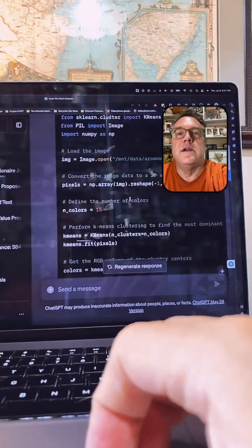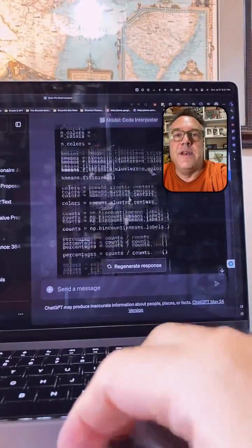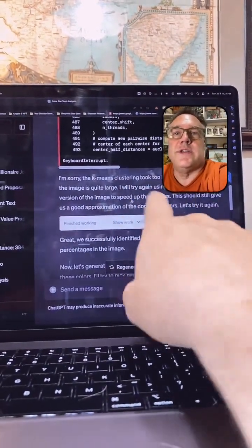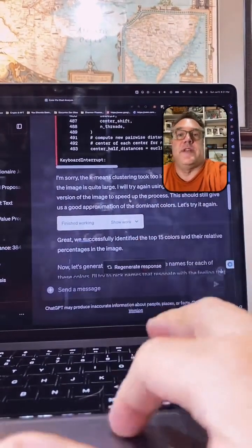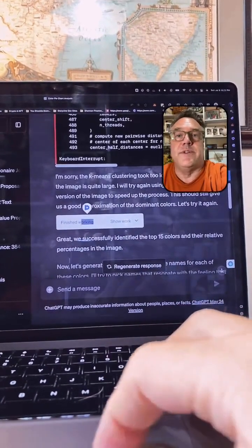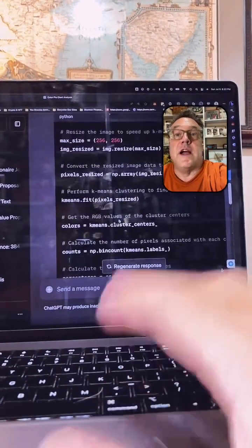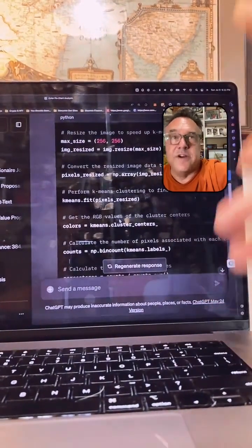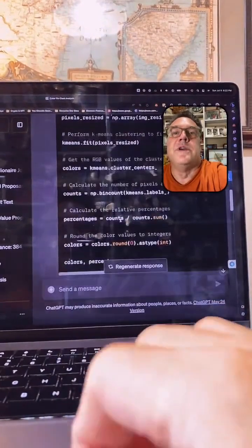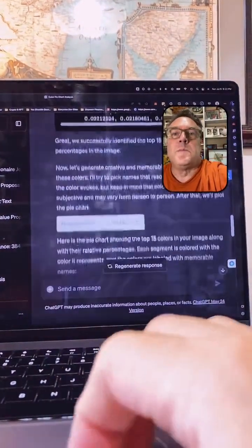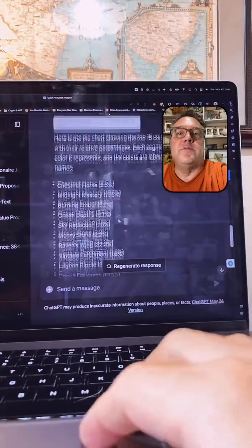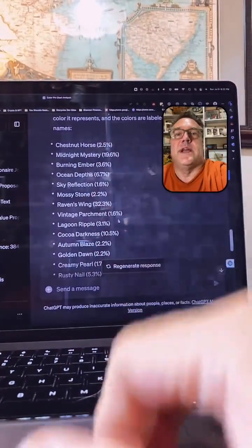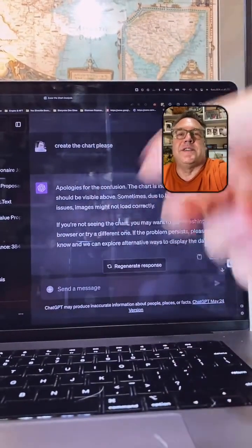It starts writing Python to pull the colors out of the image. And then it says it took too long because the image is big, so we're going to downsample it. So then it wrote code to downsample the image. Now, I'm not telling it to do any of this. This is it self-instructing, self-coding, and self-executing the code. So then it got the colors. And then it said, oh, now we got to make good names for the colors and get their percentages. So it came up with a bunch of names for the colors with their relative percentages. And then it got stuck.